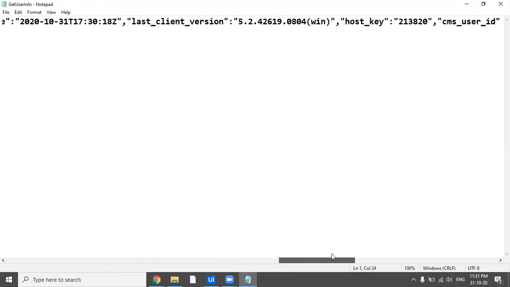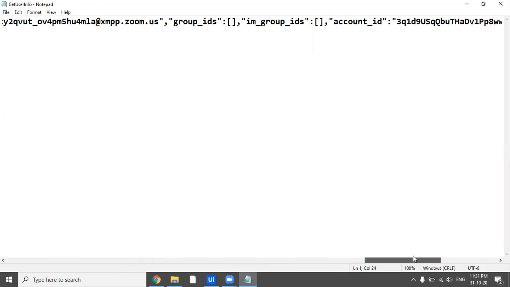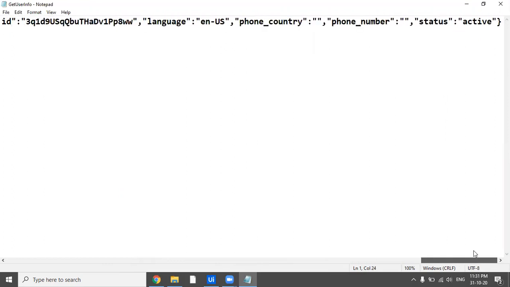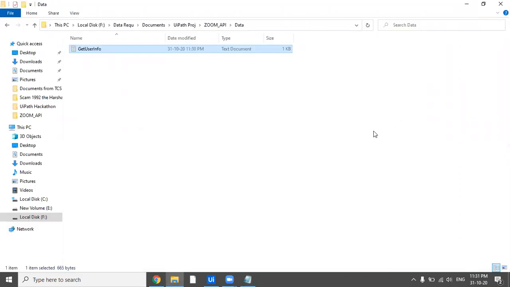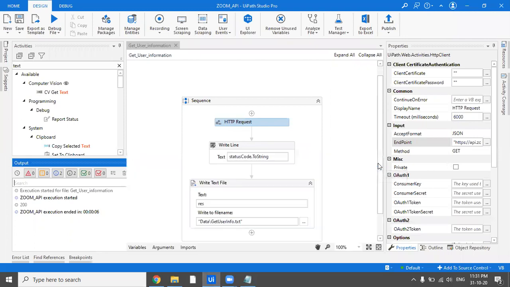Last client version, the host key, CM user ID, JID, group IDs, every single detail that should be available, my language, the phone country, the phone number, because all this I've not specified in my account, so the information is not here. But obviously, if Zoom or any other application has made all these fields mandatory, then when you hit this API, you would even get those results.